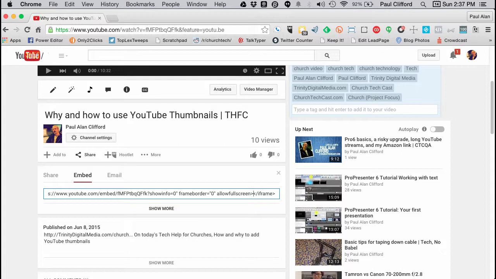Then it has the greater than sign, then another less than sign, then the backslash, then iframe, then the greater than sign. So that's the code that you use to embed. Keep in mind, this is our same code that's up here and that's also in the short link. So basically you can reuse all the stuff around here, whether you understand it or not, and just change out